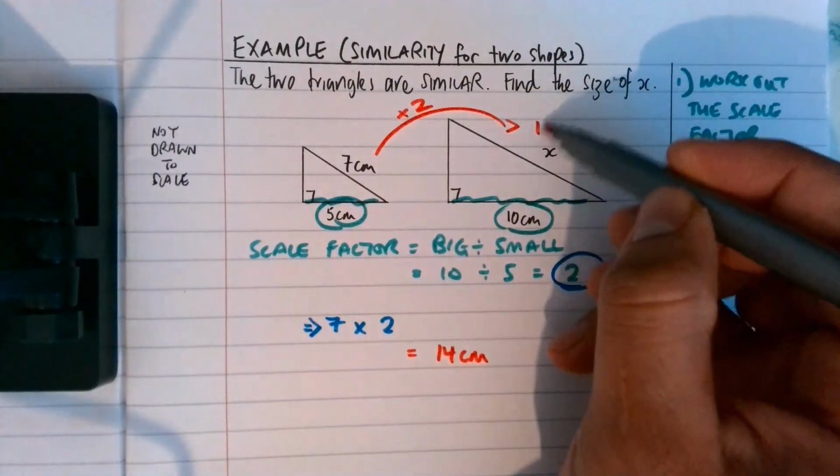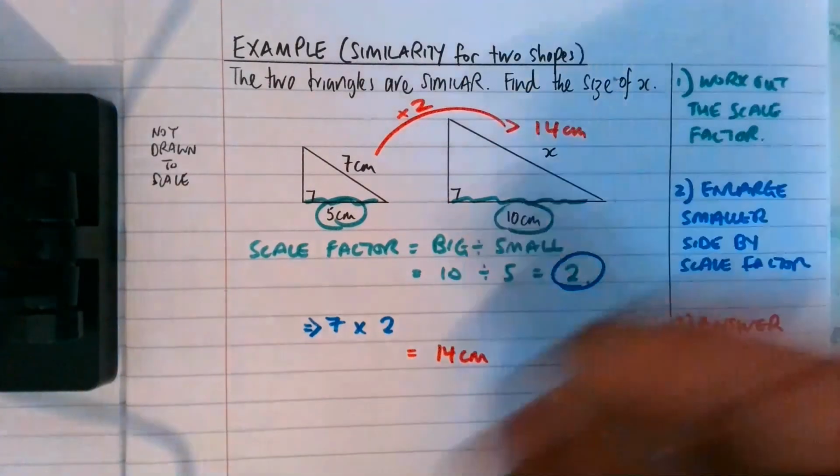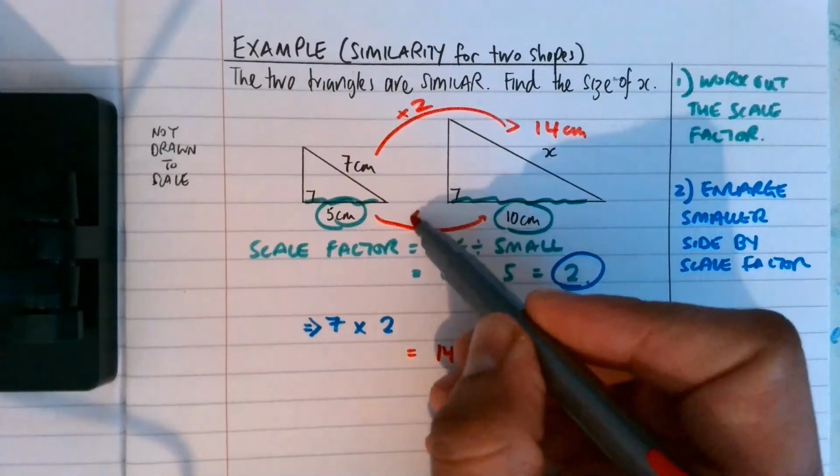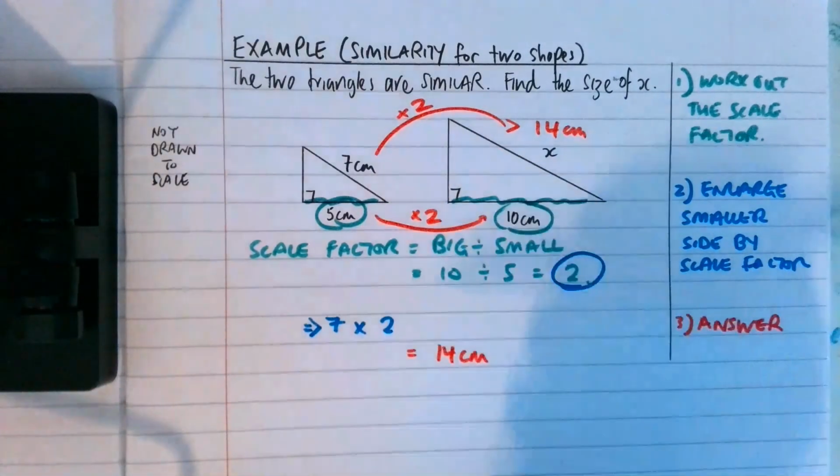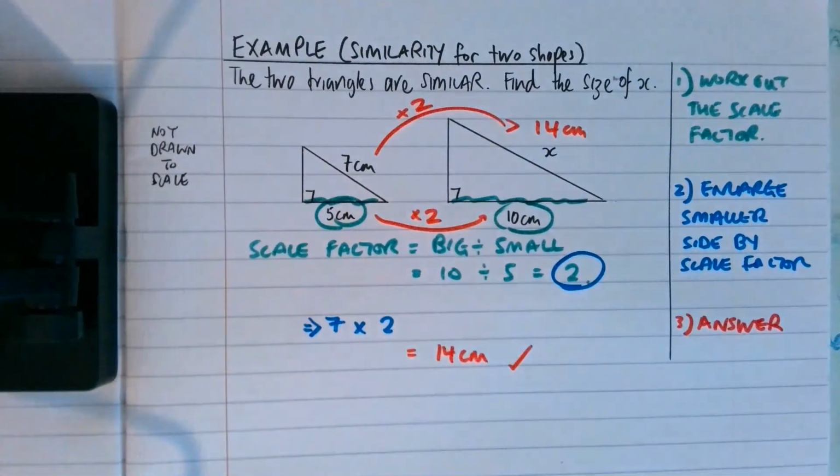So if we look here, 7 times by 2, because that's the scale factor, is 14. Now just to double check that this is correct, we're going to do 5 times by 2, which is 10. So the answer is going to be right. Again, just making sure that you're identifying the same side on both shapes and you're finding the scale factor, always the bigger length divided by